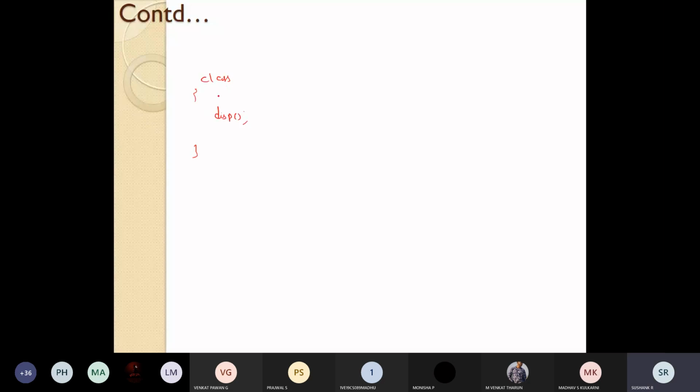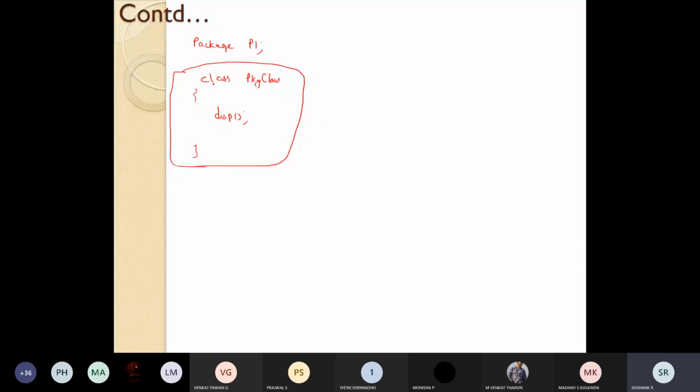So I created a class. Let me call it as some random name. Here I gave it as package class. So inside this package class, there was a function called display function. So these details, I stored it in one package, the name can be anything. I'll just call it as P1.